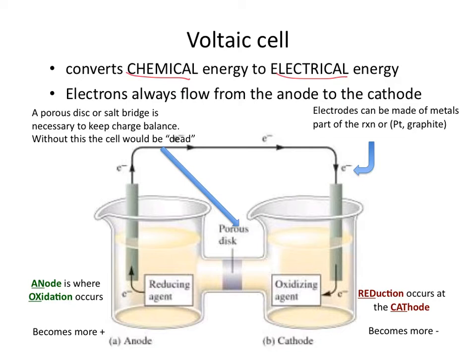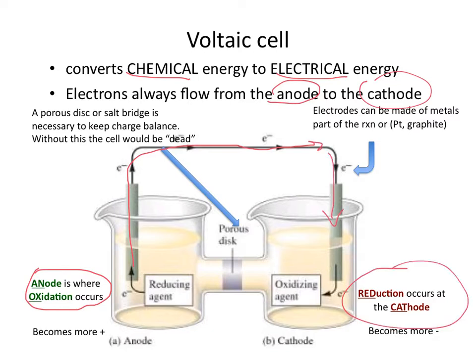And the other thing that you need to keep in your head is that electrons always flow from the anode to the cathode. Okay, so the anode, down here are our definitions, is where the oxidation occurs. So that's where electrons originate from. Because remember, something that's being oxidized has become more positive. So it's got rid of its electrons. Those electrons are going to flow through this external circuit all the way to the cathode. And those electrons are going to do the